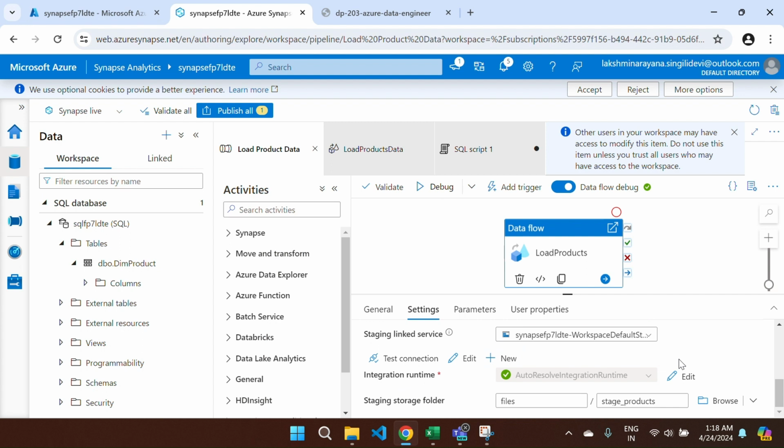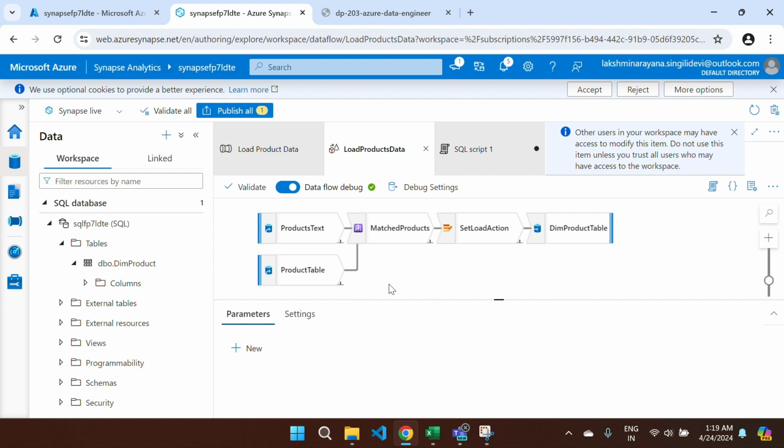After that, I configure the data flow with the data sources, adding sources. After adding sources, I add the lookups, alter rows and the sink values. After the sink is complete, I validate and debug, publish, trigger it